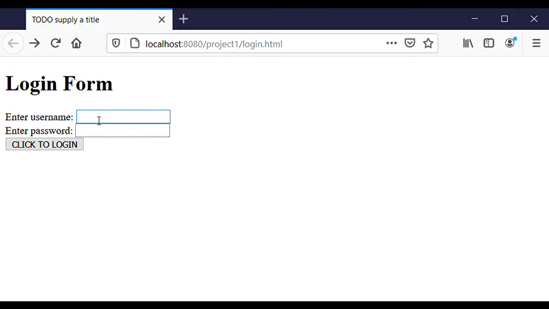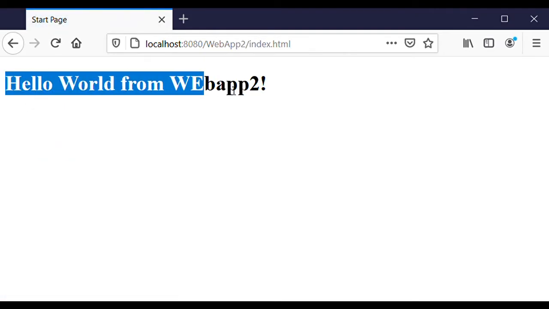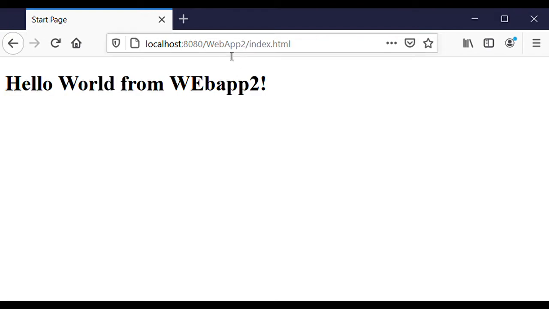The output will be, if we enter a wrong username or password and click on login, then because we were redirecting to the index file of web application 2, we can see the output of that file here. Also, the URL will show us the path of the index.html which belongs to the web app 2 context.